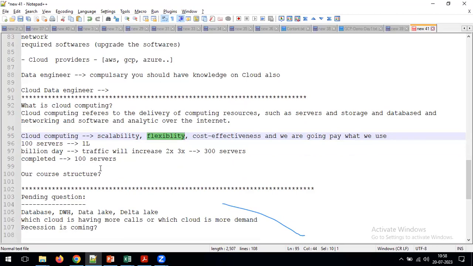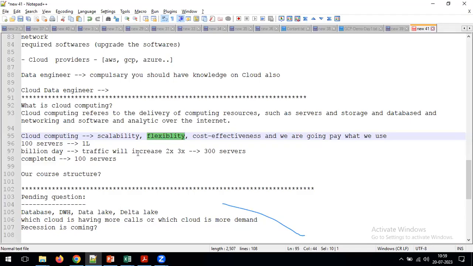And then what we can do is automatically switch off the servers depending on our requirement. We just need to pass some kind of inputs to the cloud. Depending on those inputs, in the morning it will increase the servers, and in the evening it will decrease the servers. That kind of thing we call flexibility. Depending on flexibility, we can rapidly increase or rapidly decrease the number of systems depending on our requirements.